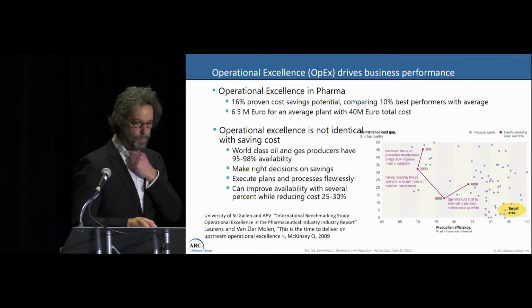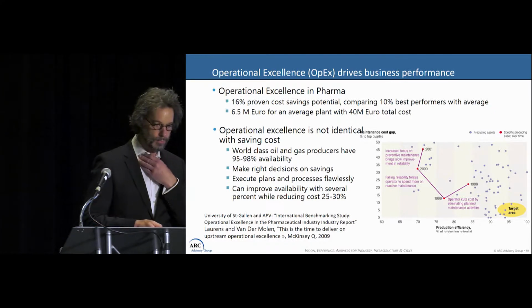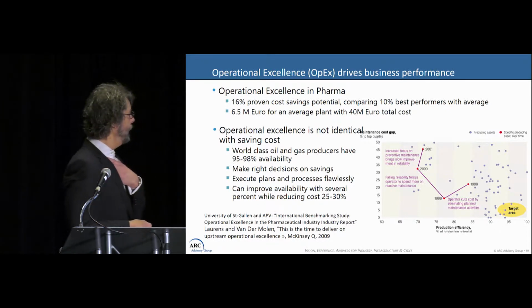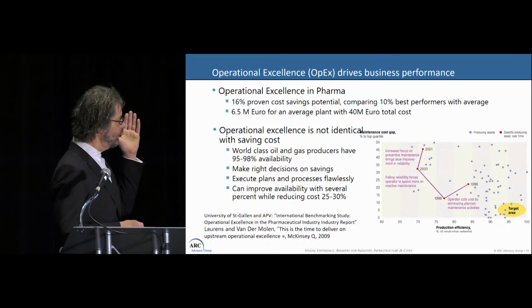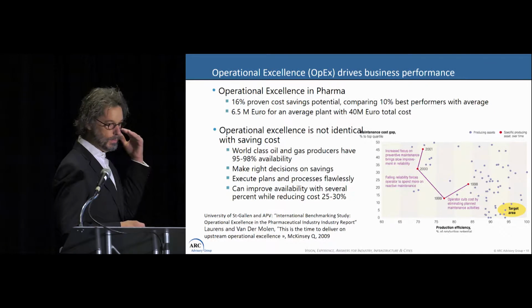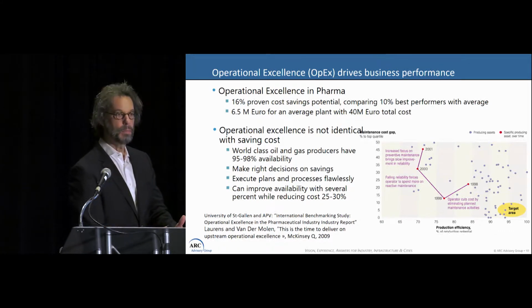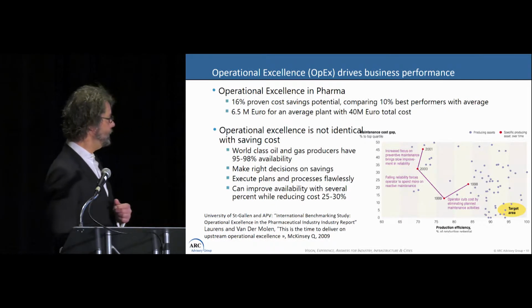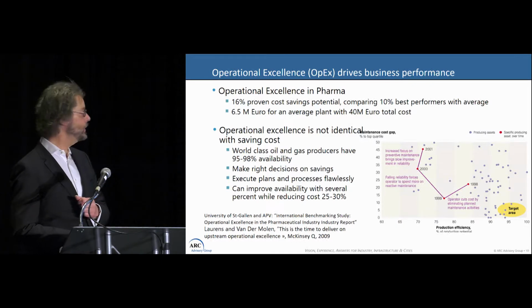I'll go through a few examples, and I found this example extremely interesting. I took this from peers of us, if you will, McKinsey. It's about operational excellence. Operational excellence, there are a few studies. There is one in pharma that shows that you can save enormously if you make sure to be among the best performers. And then there is this other study by McKinsey that says that world-class producers have 95 to 98%